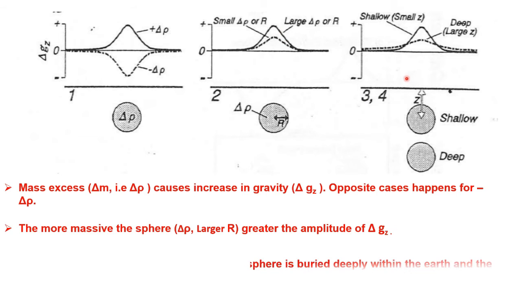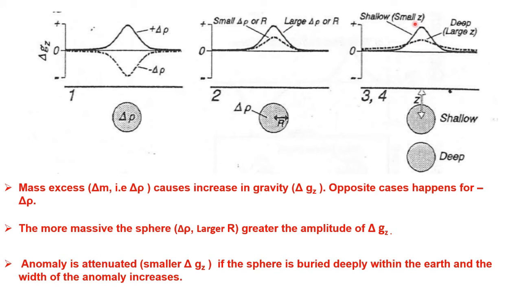And the third case, which is very important: if the sphere is at a shallower depth, then the anomaly will be sharper. It can be called a residual type anomaly, which I will discuss later. And for deep, that is the regional anomaly type, the picture will be broader and smoother. So if we see any anomaly that is broader and smoother, we can think of it as coming from greater depth compared to a shallow depth. Okay,